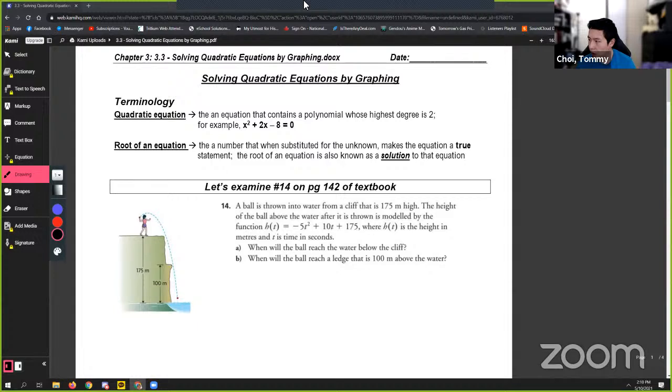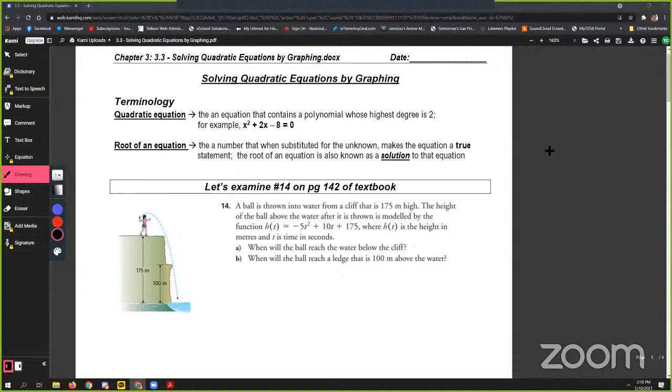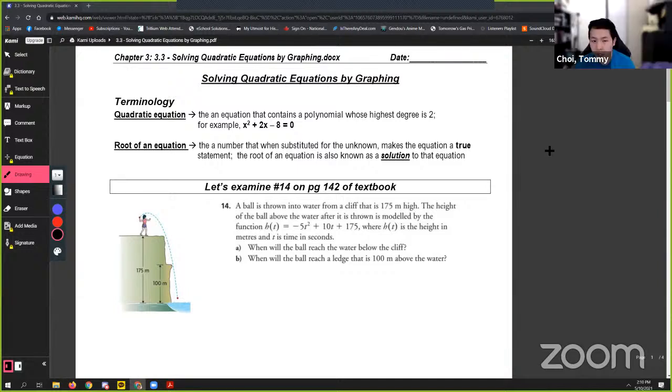What does it mean to solve it? Any ideas? To find h of t, depending on what the question is asking for,